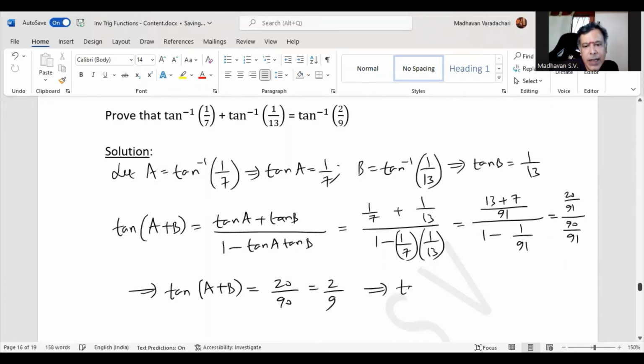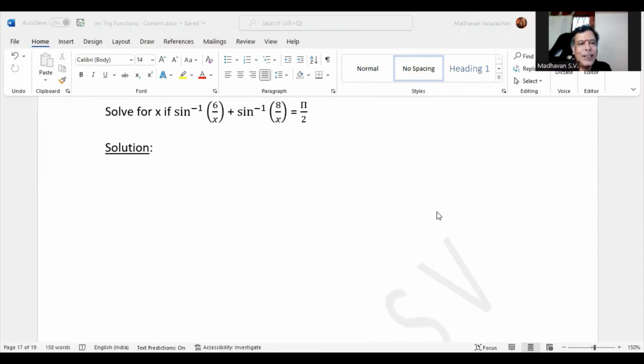That means tan inverse of 2 by 9 is A plus B. That is what we were supposed to prove, because we assumed this A plus B is nothing but tan inverse of 1 by 7 plus tan inverse of 1 by 13. Hence the proof. In this, we need to find the value of x if sine inverse of 6 by x